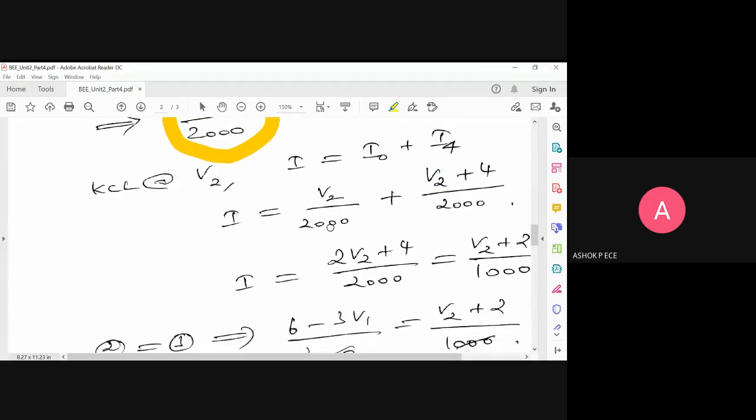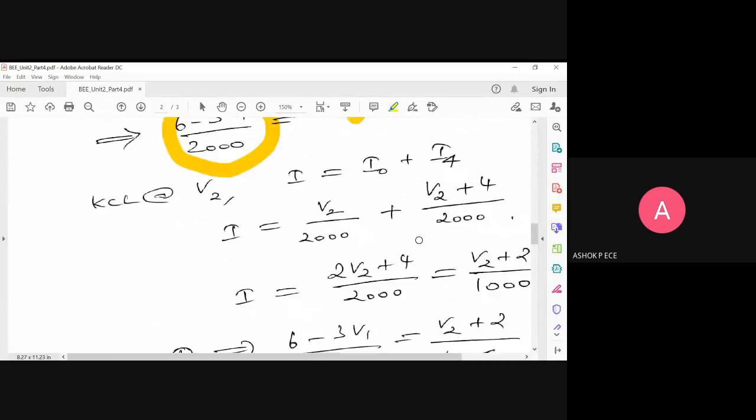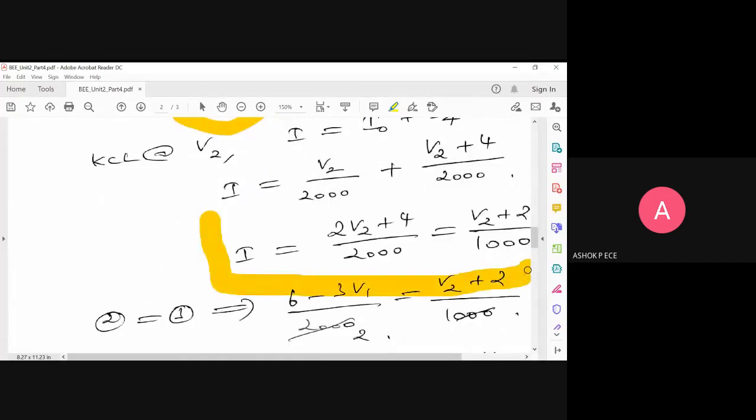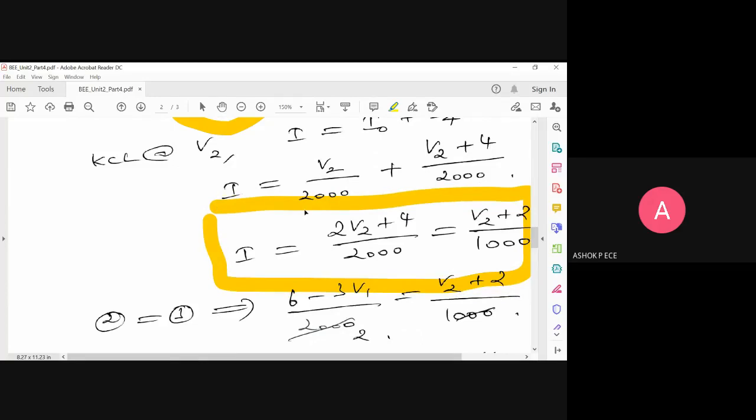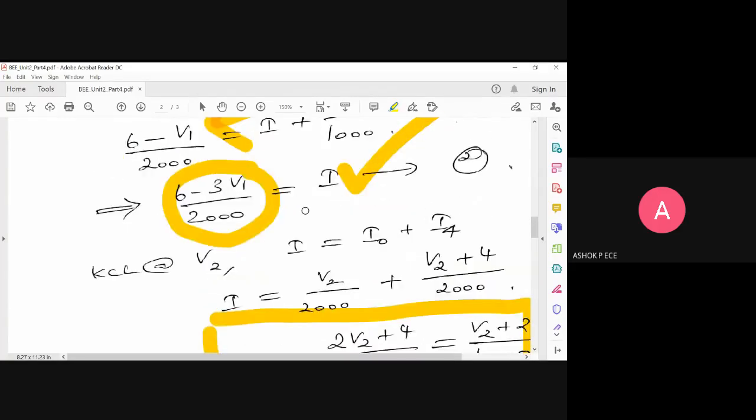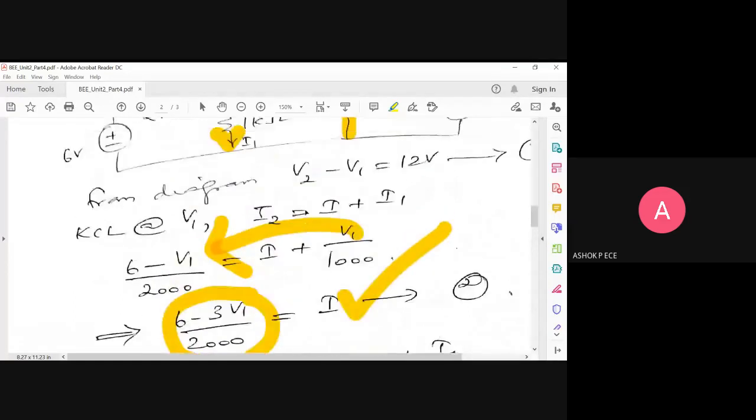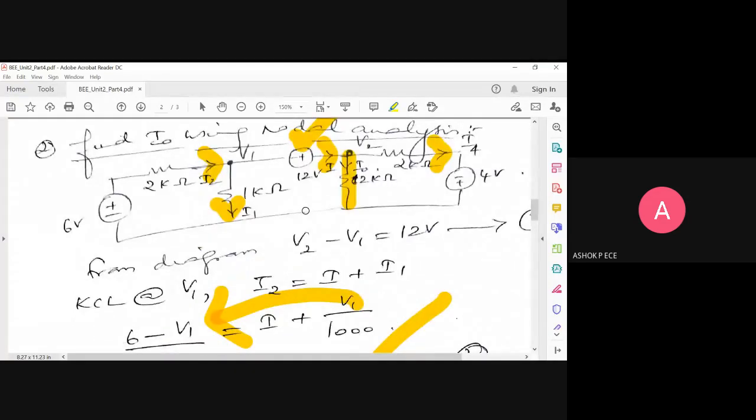So once again, you can find I from this, take the LCM, simplify. Finally, I have written I will be V2 plus 2 by 1000. And you have to convert all those K into 1000. Wherever you have a K, you multiply that value by 1000. Wherever you have a capital M, mega, you have to multiply the value by 10 power 6. We haven't seen such problems, but please remember kilo ohms means 1000, mega ohms means 10 power 6. When you have a small m, it is milli, you multiply by 10 power minus 3. Okay, so remember these things.